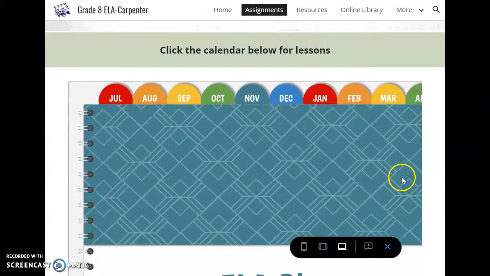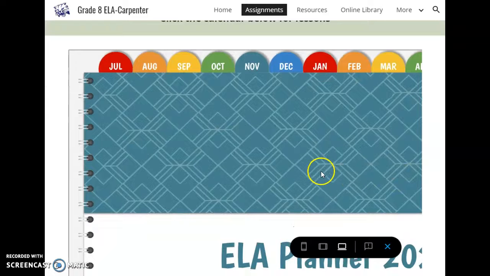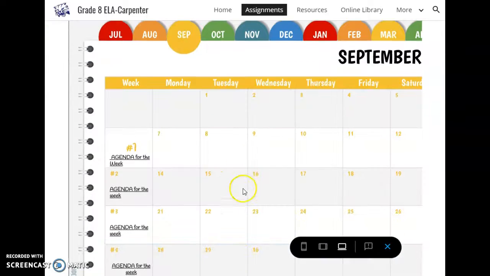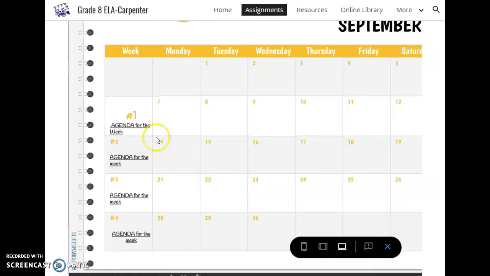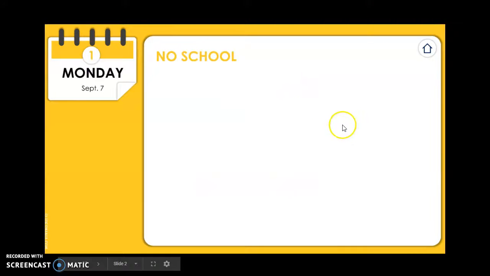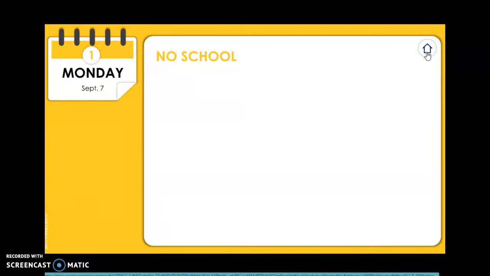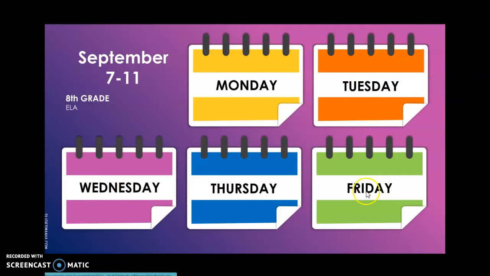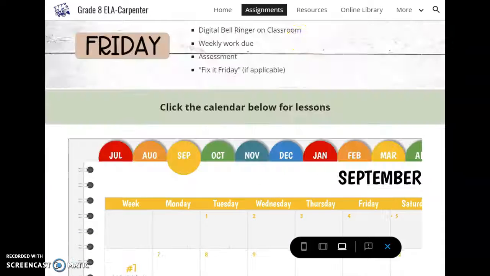Now, this is all new with remote, obviously. So I have a few weeks done in September, but if you click on the tab, it will take you to inside of the virtual notebook, and then each of these weeks are clickable. So when you click on these, it will take you to a page like this, and then each of these you can click through. You can always go back to home and scroll through each of these, but eventually you would get all the way to Friday through here. Okay, so going back in,